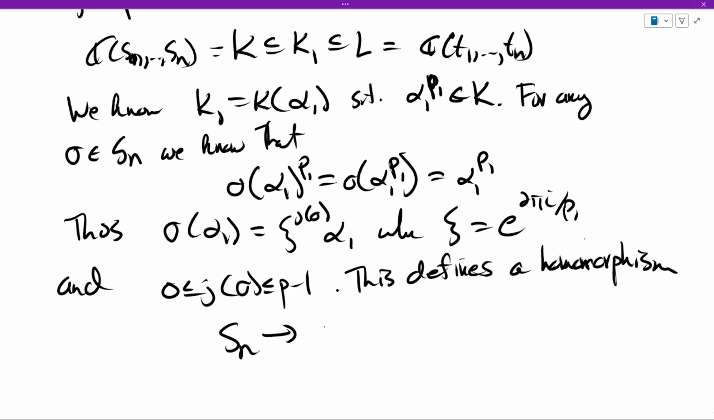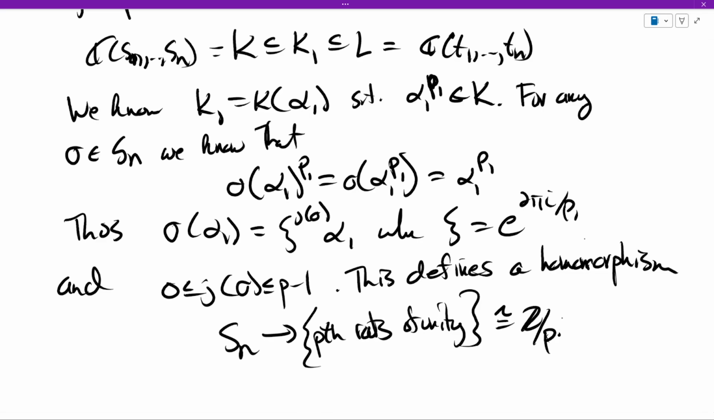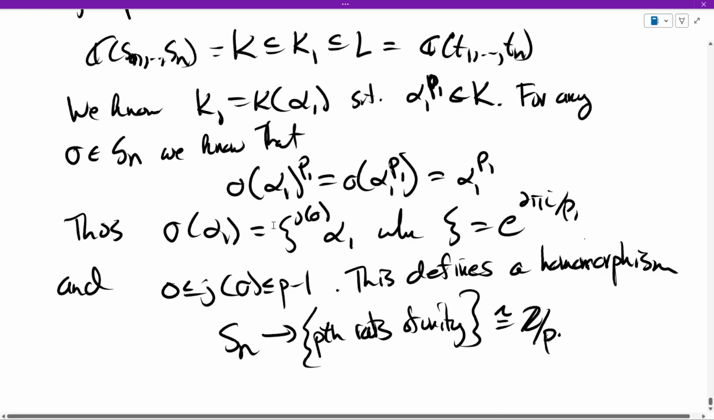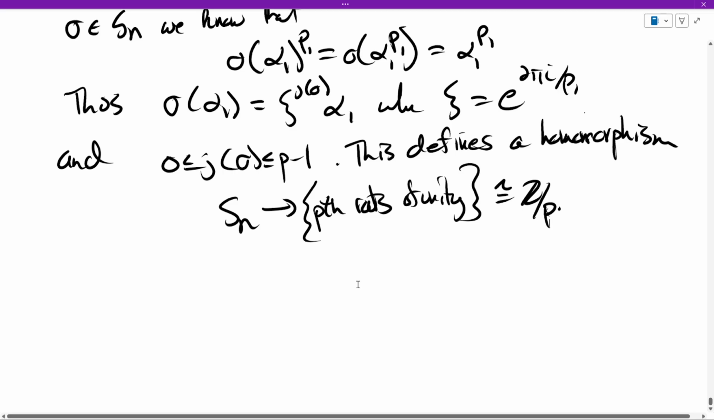Sn to the set of all pth roots of unity, which is a group. It's isomorphic to Z mod P. Okay, and in fact, this defines a homomorphism. I'm not going to say it's in general. Well, actually, it's going to be in general surjective. So we know